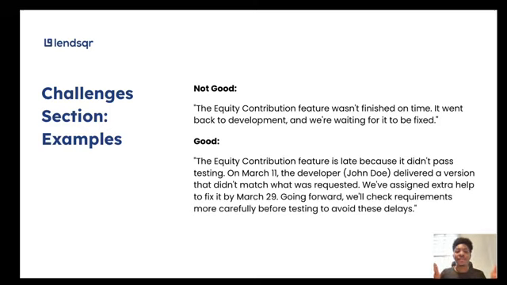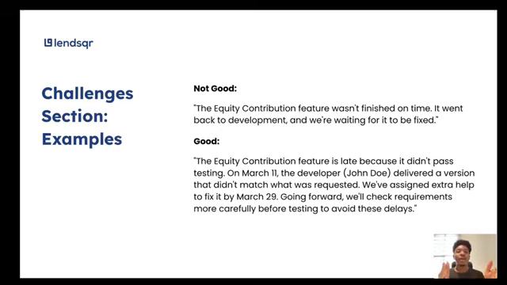So for an example of this, "the equity contribution feature wasn't fixed on time. We went back to development and waited for it to be fixed." So essentially what this means is we know what happened, and we know what happened next, I guess, to some extent. But while waiting, what do you mean by waiting for it to be fixed? Is it passive? Have you submitted it to any system? Who was supposed to fix it? What exactly went wrong? See,